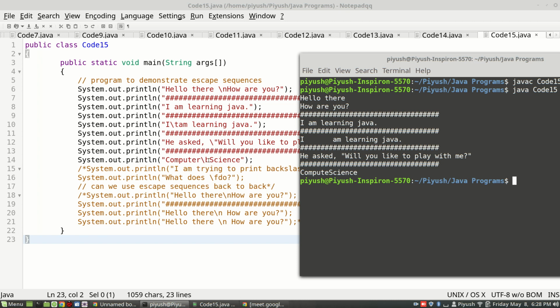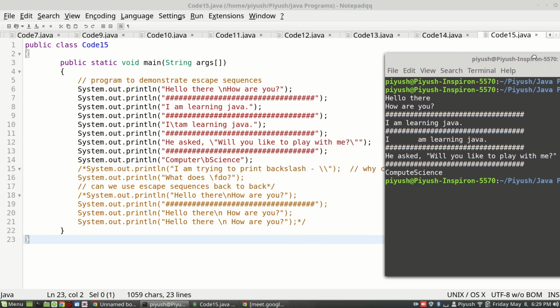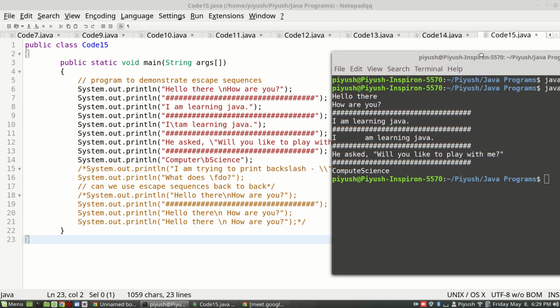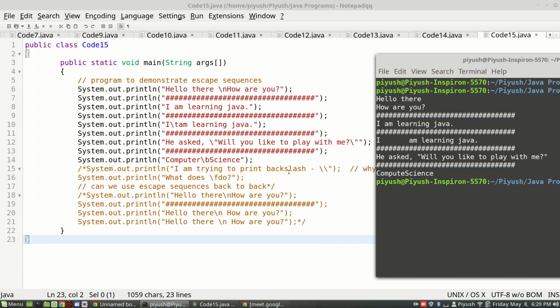And then once this action of deleting r was performed, it went ahead and printed the rest of the thing immediately after it. So you are getting the output as compute signs. Just see this on the screen, analyze it for the next 10-15 seconds, and let me know, is the purpose of backslash b clear to all? Yes, sir. Okay, good.